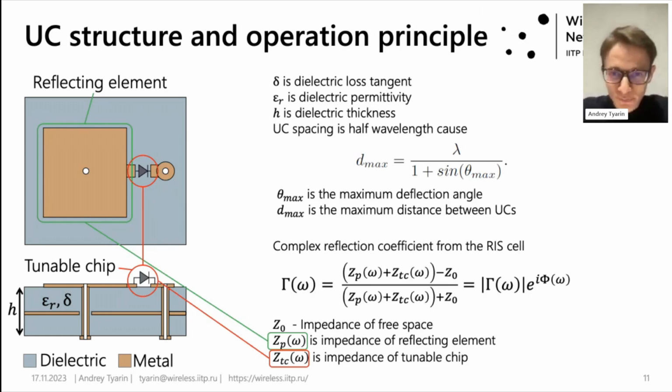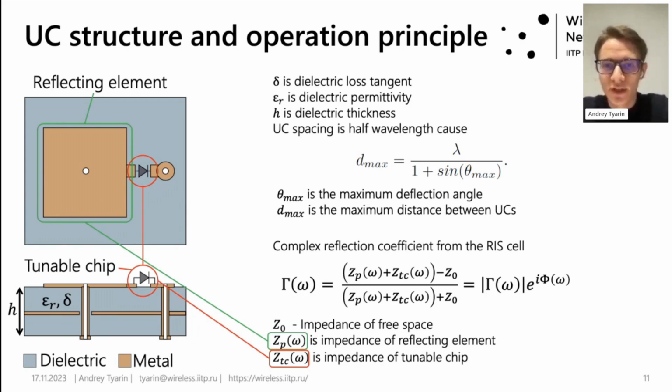Now I'll explain how RIS configuration provides the necessary phase shift difference. The UC size is smaller than the wavelength of the EM wave RIS interacts with. Thus, UC is modeled as a transmission line. Using this approach, it is possible to find the impedance value via the reflection coefficient to address a certain phase shift difference between adjacent UCs at the EM wave